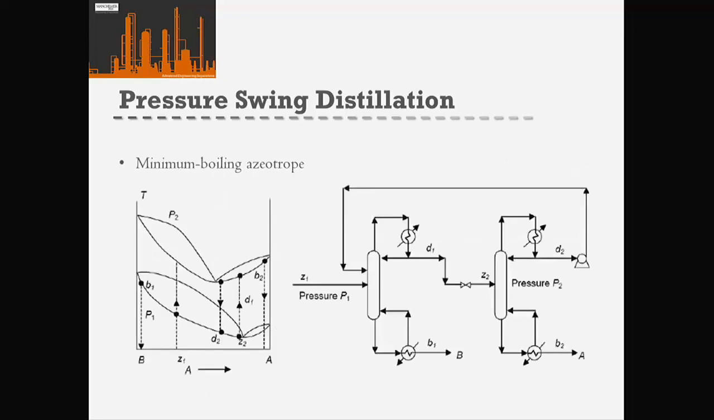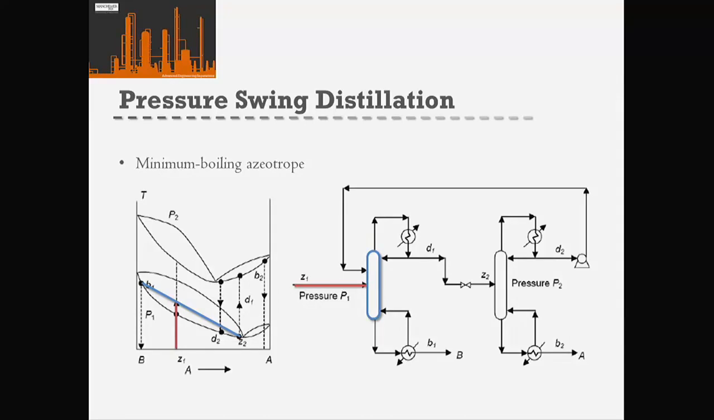So let's have a look at what I'm meaning by saying, well, if we can use pressure to take advantage of moving our azeotrope. If we just start off thinking normally about our distillation, we've got our feed composition that we're adding into our first distillation column, and then we get a separation in our distillation column, which we can see on this temperature